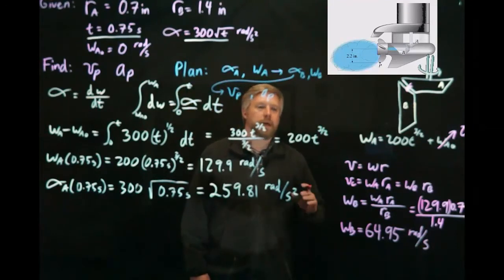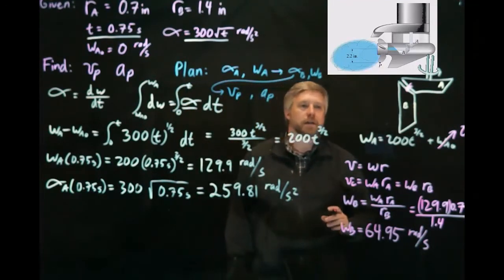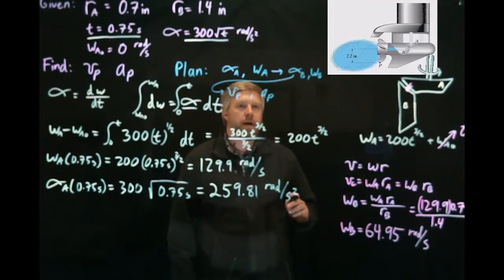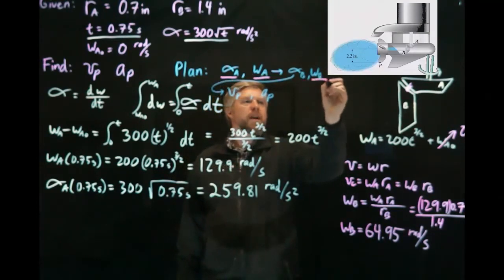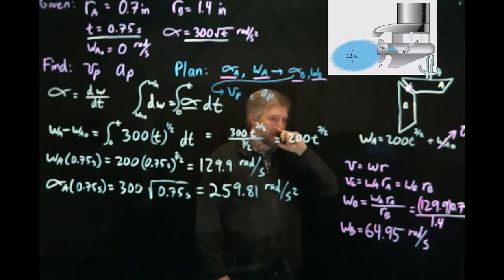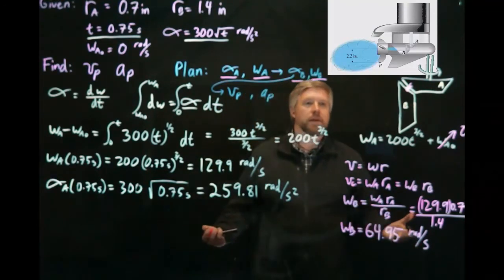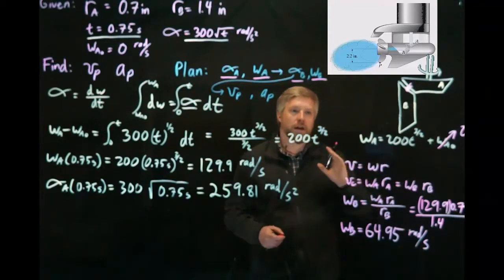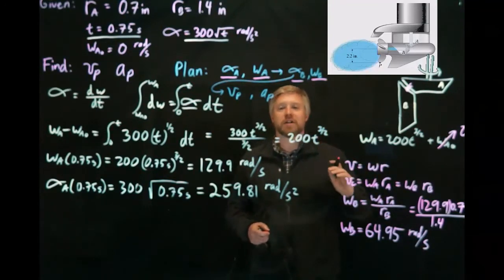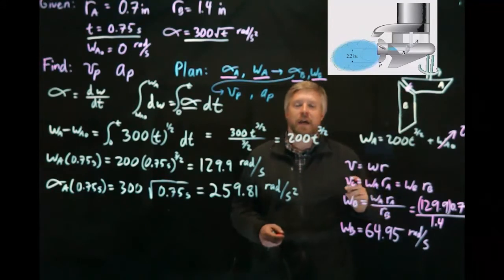We got our omega B, and we're going to use that in a minute to get our linear velocity of P. But so far we've done two steps. We've got this one and this one, and now we have omega B. Now we have to find alpha B. Alpha B, we do exactly the same thing. We say the tangential acceleration. Now, be clear that it's not the total acceleration, but the tangential acceleration of point C can be related to